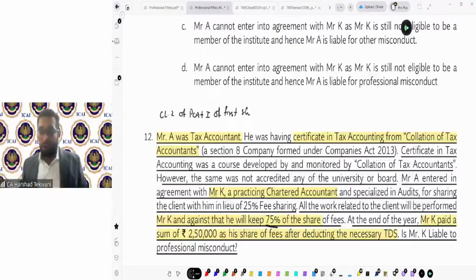That is clause 2. If he was accepting the commission, then clause 3. Here, all the work will be performed by K. Against that, he will keep 75% share of fees. That is the main amount. And 25% will be shared as a commission. Okay. So now clause 2, part 1 of first schedule. As per clause 2, part 1 of first schedule, a chartered accountant in practice is